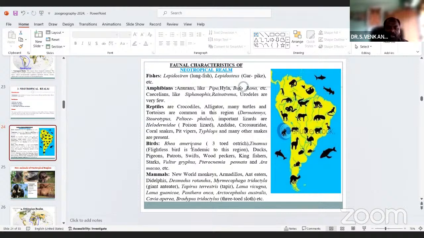The birds: rhea americana, three-toed ostrich, and fishes. The mammals: the New World monkeys, armadillos, anteaters, and dolphins are also living in these areas.